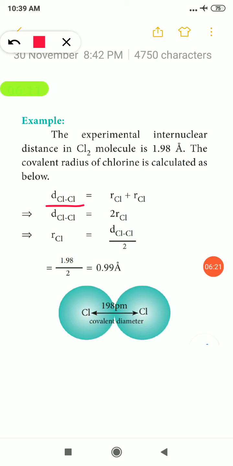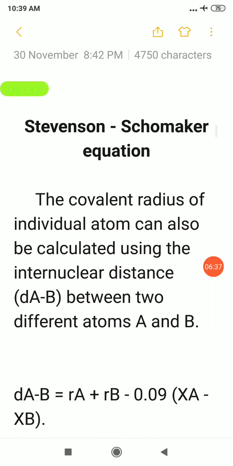So in this case, we have measured the radii using the internuclear distance. Like this, many problems will be asked, so you have to be very thorough in solving such kinds of problems. Okay. Next, for a heteroatomic molecule, for example hydrochloric acid, HCl, here hydrogen and chlorine are